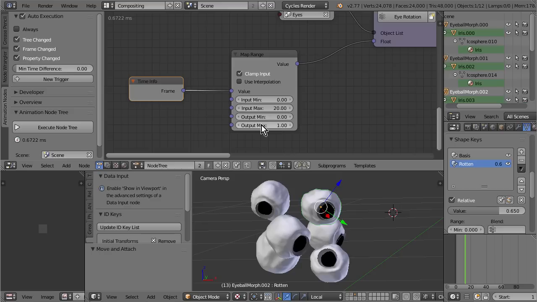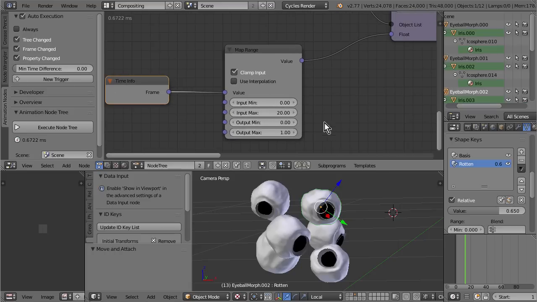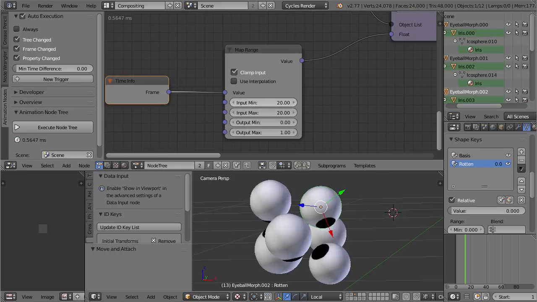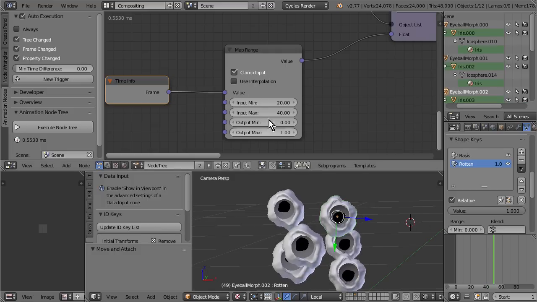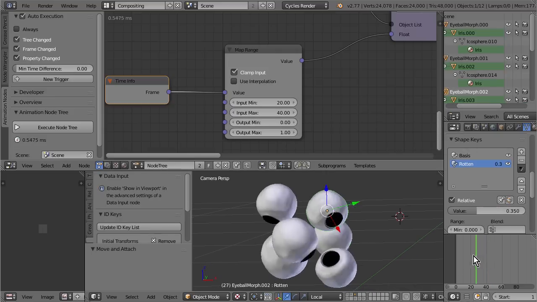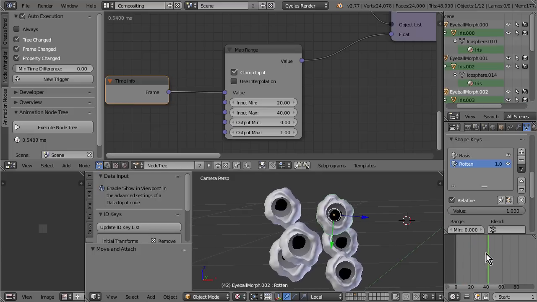We do want the output min and max stay 0 and 1 because we're using it as a factor between 0 and 1. But we can choose what frame range we want to map to this. So this is actually pretty elegant. If I change this to 20 and this to 40, now we still have a duration of 20 frames, but we start at 20 because the numbers between 40 and 20 will be mapped to 0 and 1. Anything below 20 will also be mapped to 0, and anything above 40 will also be mapped to 1. So we don't need to worry about clamping, we don't need to worry about different subtract and so on method,